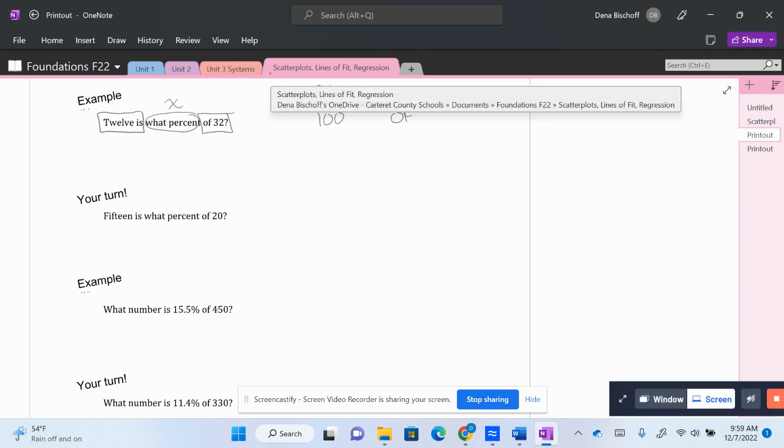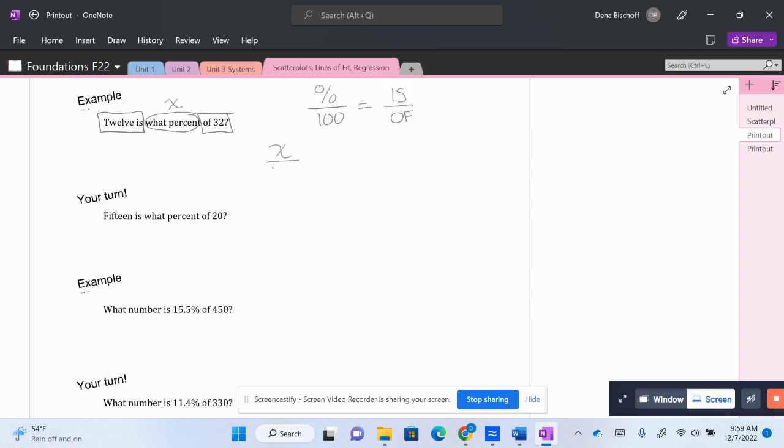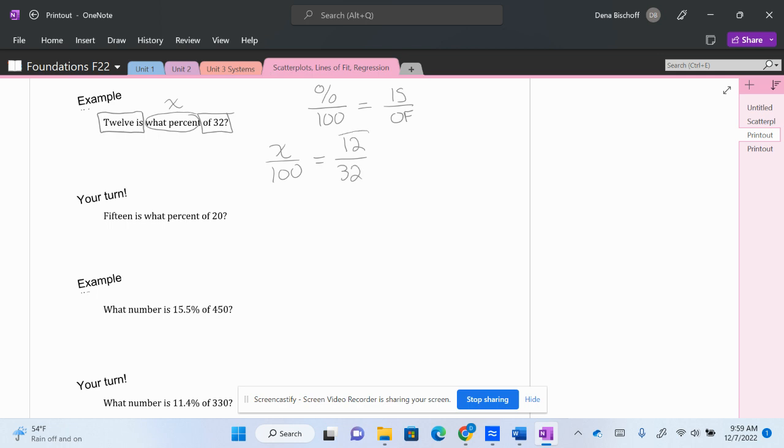So my variable goes over my percentage is 12. 12 is of 32. I'm going to cross multiply. 12 times 100 is 1200. 32 times x is 32x. I'm going to divide both sides by 32. And I find out that x equals